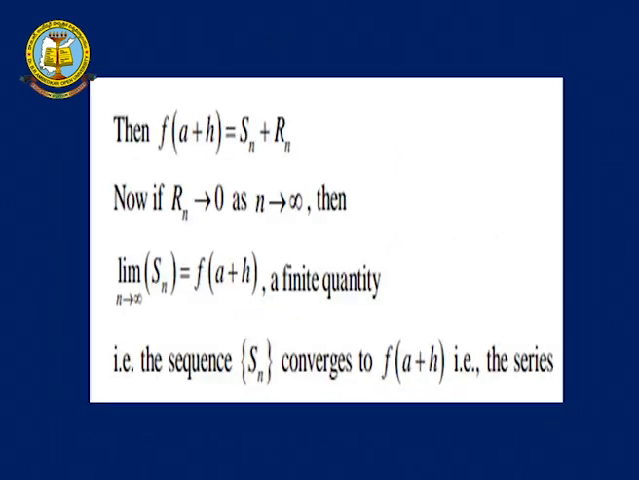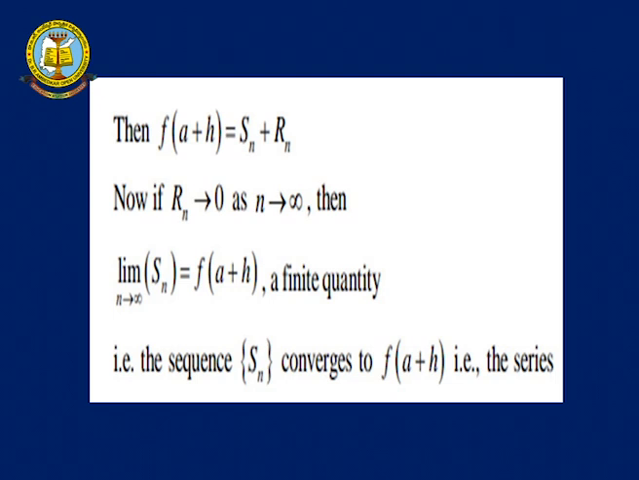So, this first part is we are taking that Sn. So, Sn, and the remainder after the n terms we are taking as Rn. So, totally, f of a plus h equals Sn plus Rn. Now, if Rn tends to 0 as n tends to